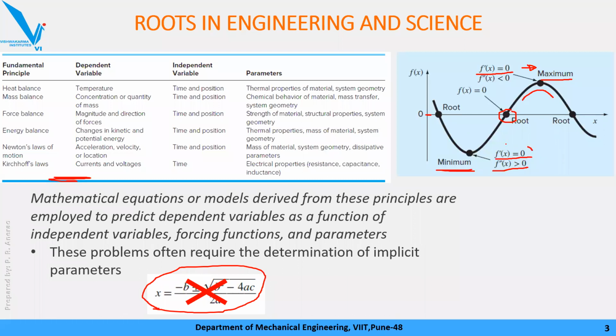Similarly, I want to focus on this portion. See, what is there in a root of f of x? Function of x equal to 0. Also, I can use the same methodology if I want to do optimization. On the right hand side, we are finding the zero for some equation. I'll say that instead of f dash of x, I'll write it as g of x. So it becomes a function of x. And if I find the value of x such that the function of x is equal to 0, I am nothing but doing root of equation. I am finding the root of equation.